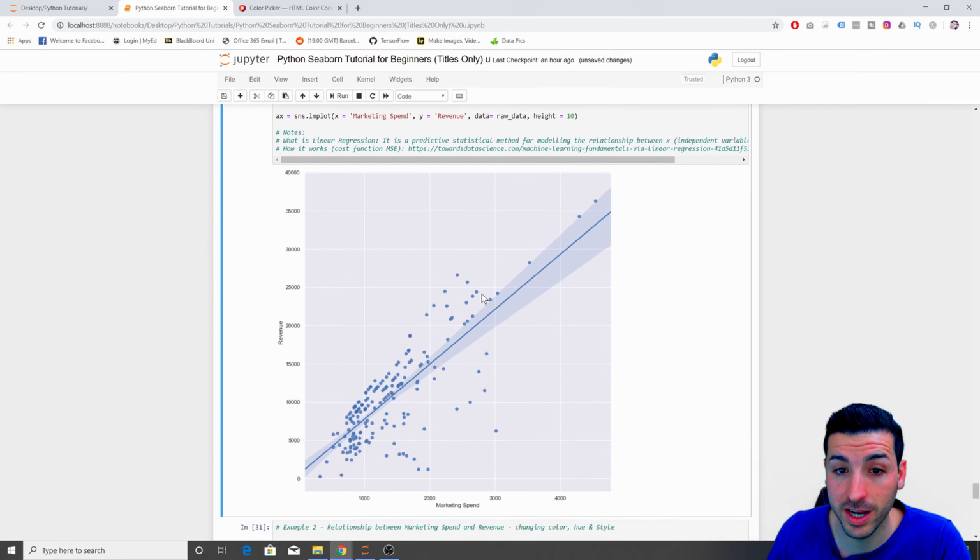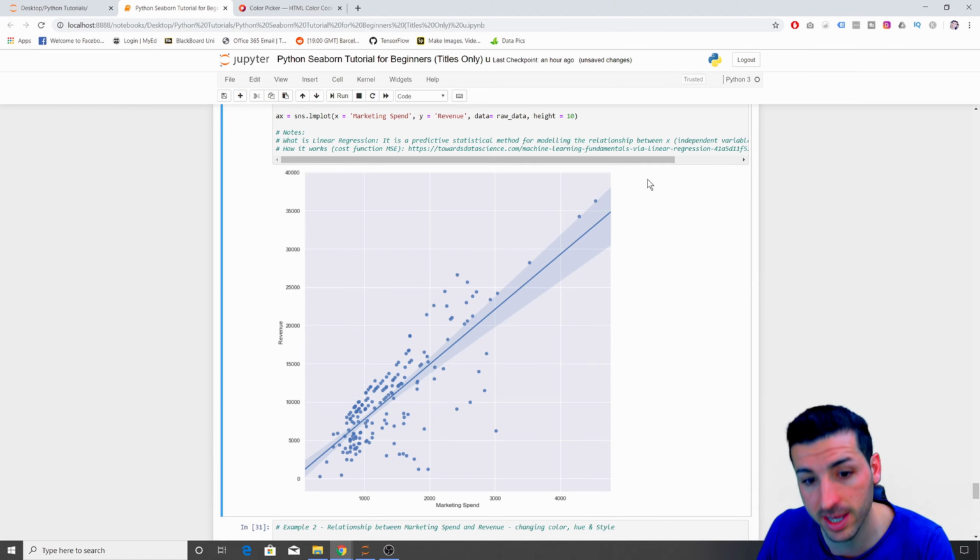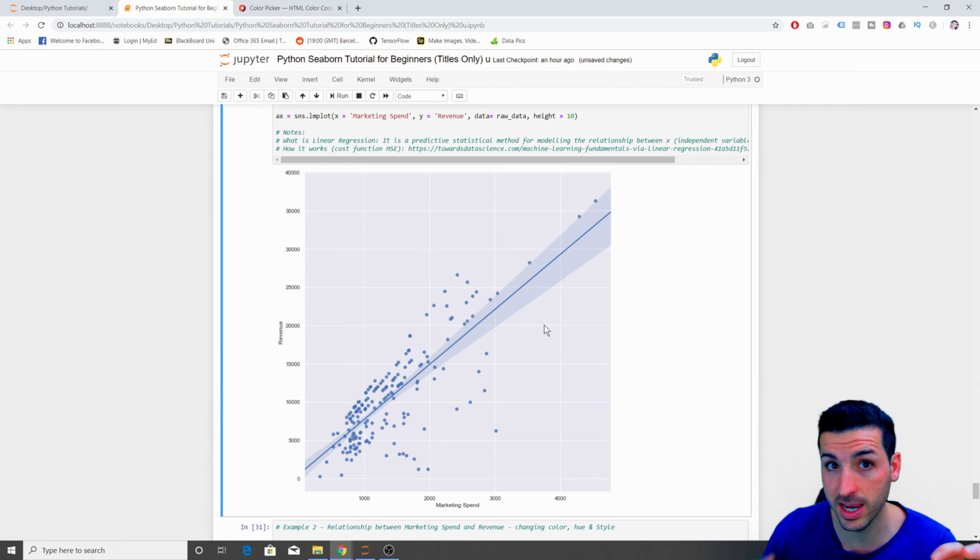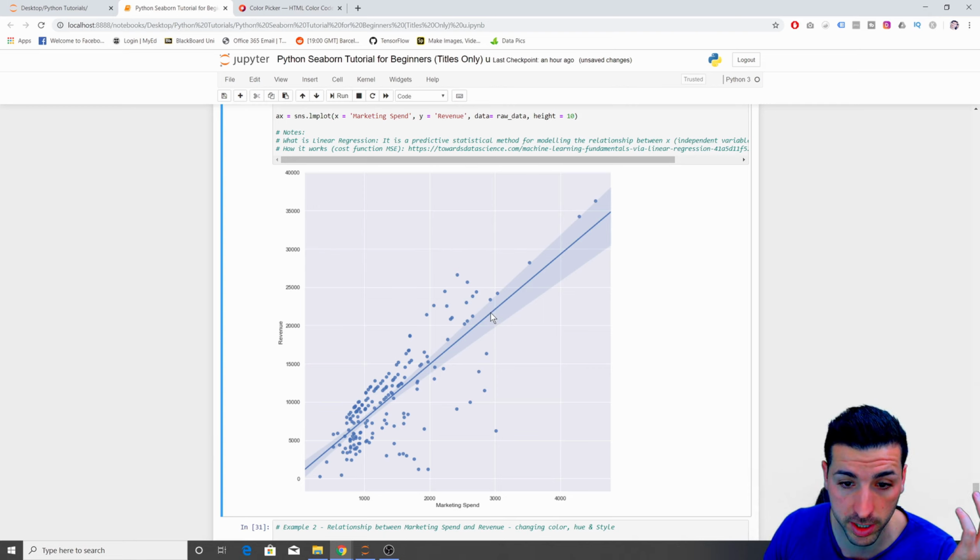So what is the regression? So regression, again, is a predictive statistical method for modeling the relationship between X and Y. So X is my marketing spend, Y, which is my dependent variable, is revenue. So what I'm trying to investigate is basically I'm setting a line there and trying to predict, let's say, in the future, if I spend this much money. So if I spend about, let's say here, which is around $3,000, I should expect to generate, put the whole line here,